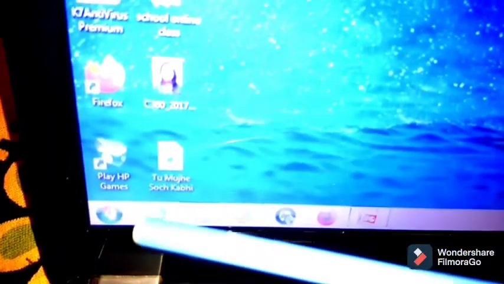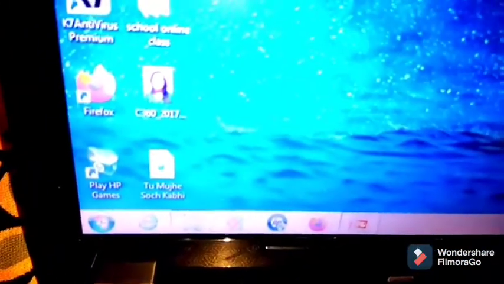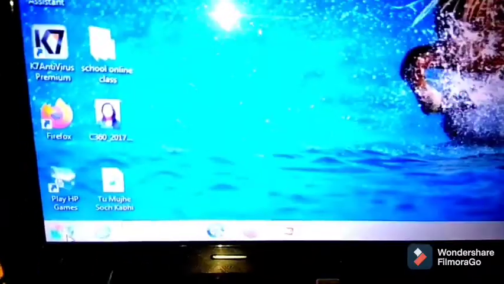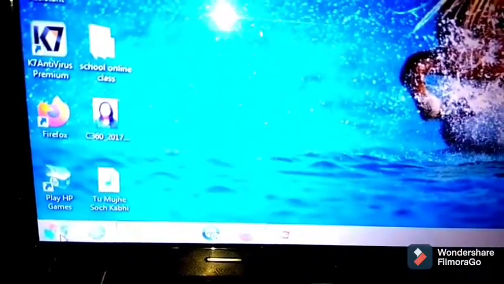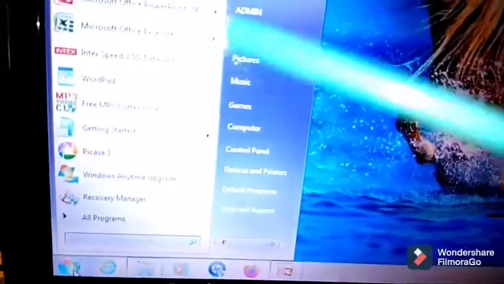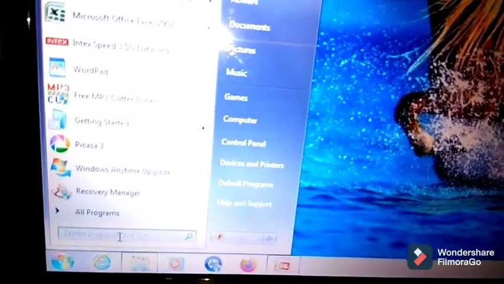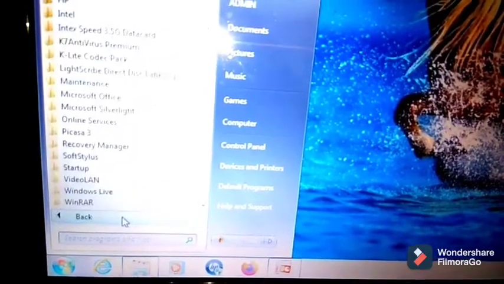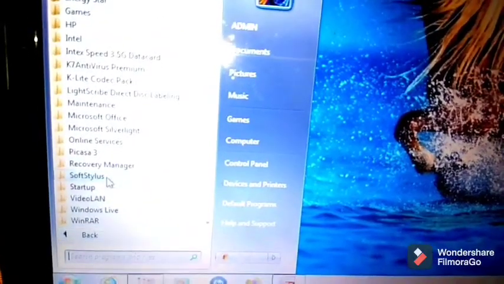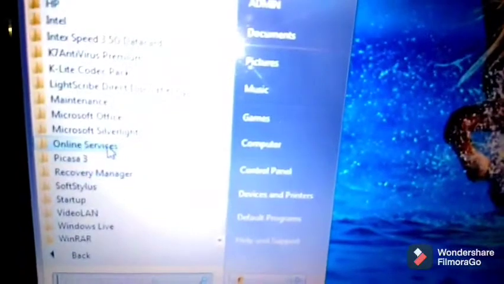This is the Start button. So first point is click on Start button. This is the Start menu. From this menu, we have to select All Programs. Click on it. Afterwards, click on Microsoft Office.